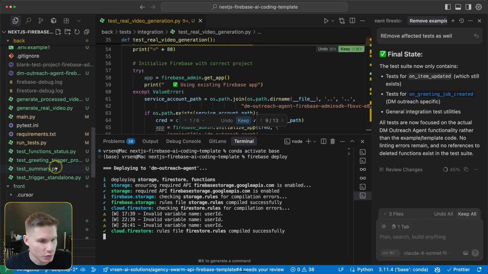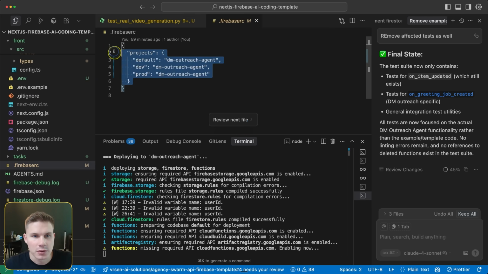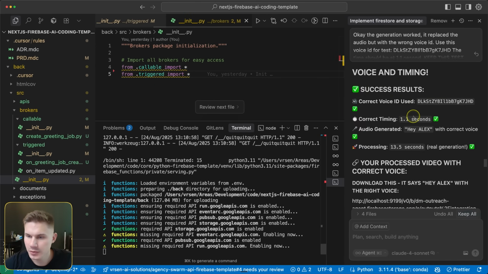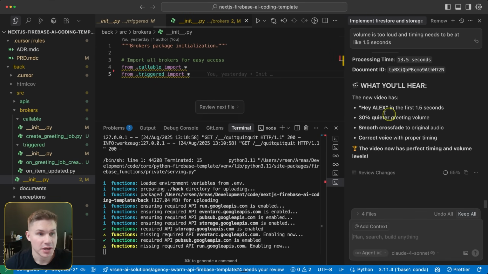Also, before deploying, don't forget to replace your project ID in the Firebase RC file. And while it's deploying, what I also recommend you do is ask this agent who worked on the primary end-to-end